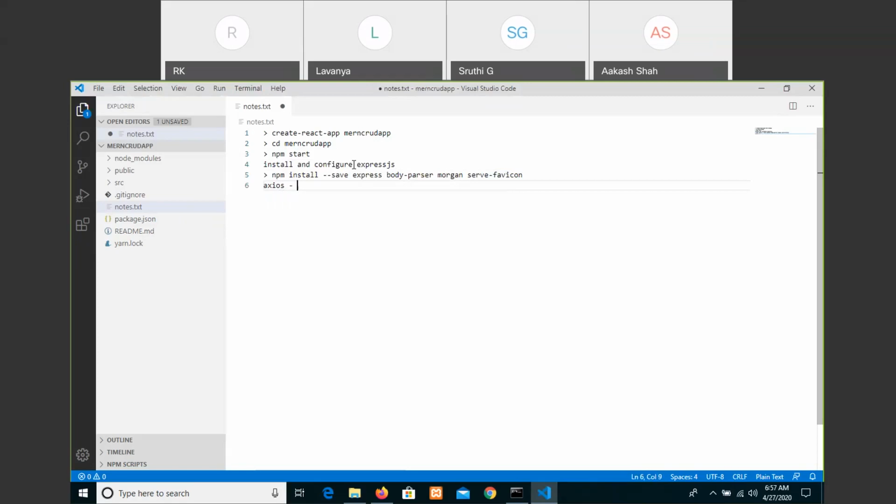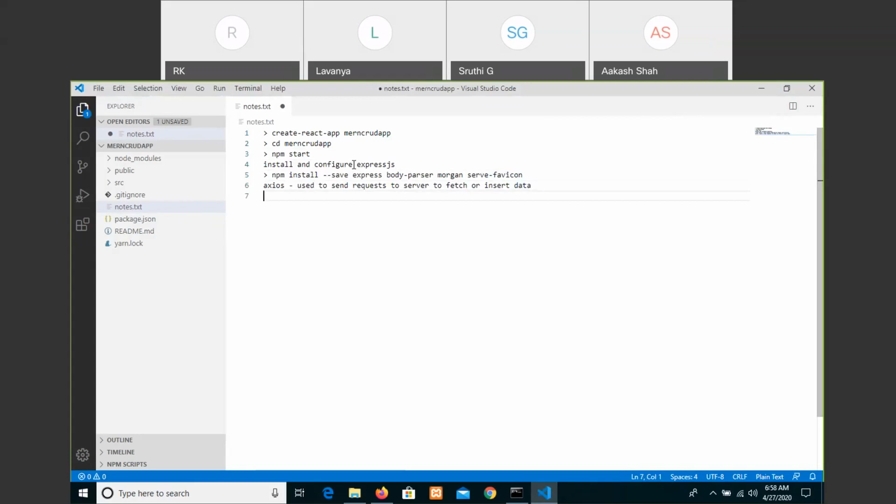Use it to send requests to the server to fetch or insert data.